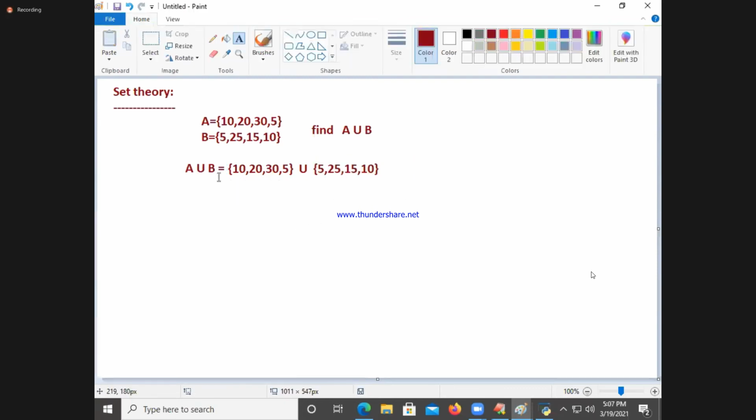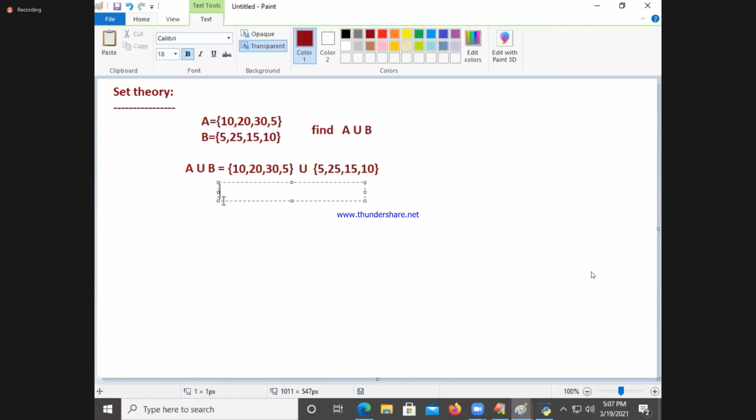What does this union symbol say? Take all the elements: 10, 20, 30, 5, comma, then the elements of the other set. We don't write 5 again. Set says well-defined elements. That indicates no duplicates are permitted.